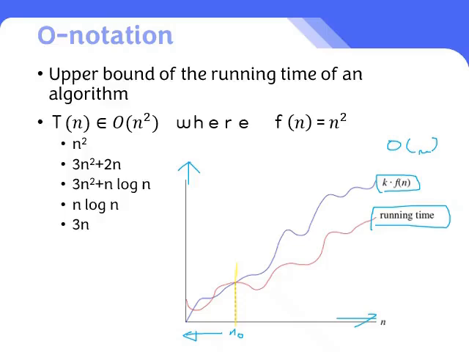But if the input value is indeed greater than n0, what then precisely happens is that the blue line will never, ever go above the red line at any point in time. So, if a time complexity function, which describes the amount of time taken by an algorithm to run as a function of the length of the input, never exceeds n squared, meaning it grows no faster than the square of the input size, then it belongs to big O of n squared.